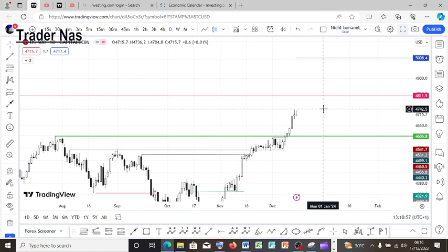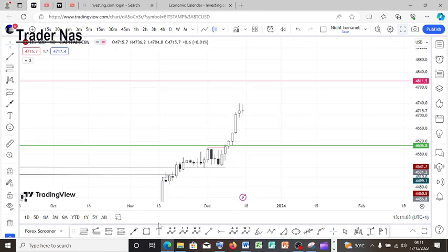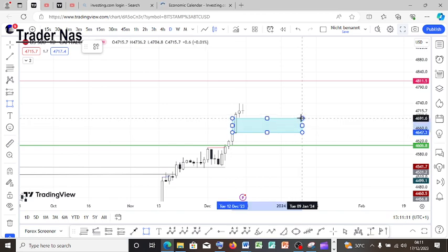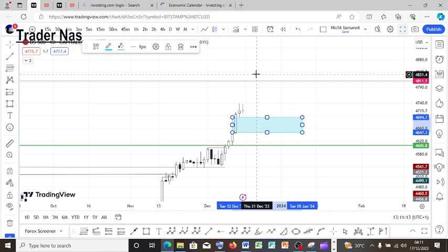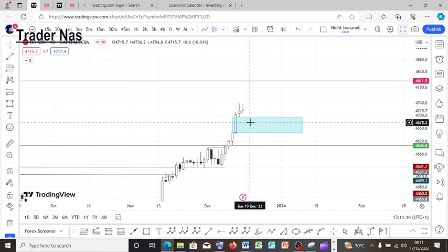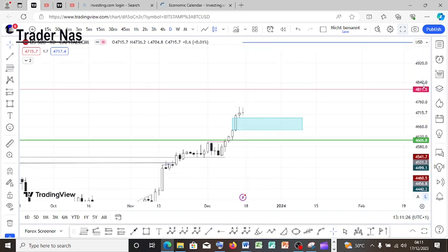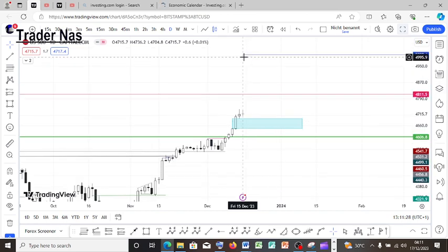And currently now I'm waiting for a pullback. It depends if it could be on this one here or what. I'm waiting for a pullback, guys, so that I can enter a long position to this zone high. But if the market could open without a pullback and go to hit that initial high, that's fine. No one has a right to predict the market. I will wait for a pullback so I can enter a long position and hold till this initial high. Guys, I think that 2024 could be a good year, a good year.